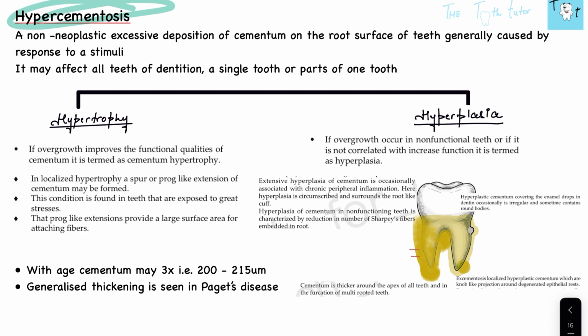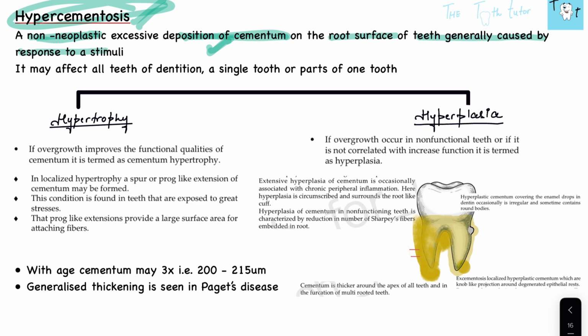It is a clinical thing. Okay, so it is a clinical topic and it is very important for you to understand this. What is hypercementosis? It is excessive deposition of cementum, but it is non-neoplastic. So it is not like a cancer or a tumor. It is a deposition of normal cementum on the root surface of teeth, generally caused by response